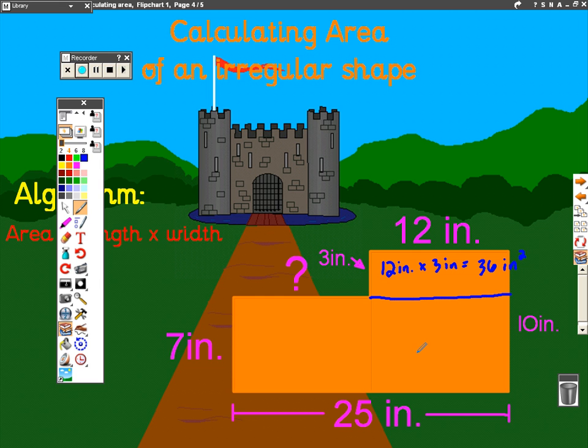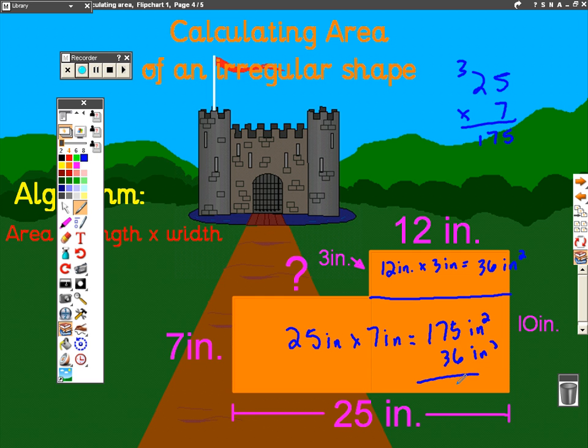Now I have this entire rectangle that I need to find the area of. So my length would be 25 inches, my width would be 7 inches, so I'm going to do 25 inches times 7 inches. And I'm going to multiply here, 25 times 7. 7 times 5 is 35, carry your 3. 7 times 2 is 14, plus 3 is 17. So I get 175 square inches. And then I'm going to add my 36 square inches. And when I add it up, I get the same answer,